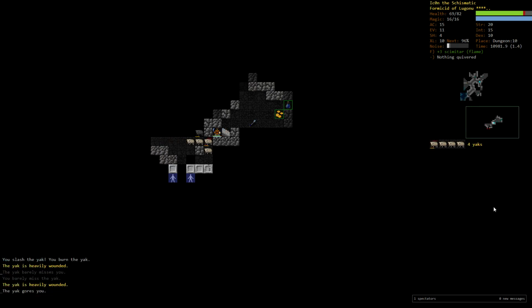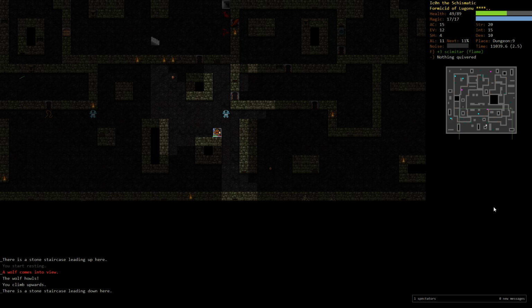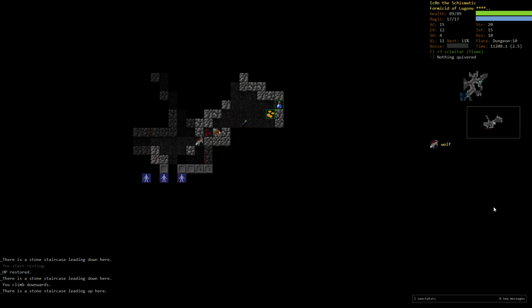And there's a first yak pack. And let's see how this will work out. But judging from the looks of it, we should be able to take these down pretty decently. Yet still I'm taking some damage here, but not too much. We're gonna flee upstairs to heal up. Don't want to mess around with these wolves